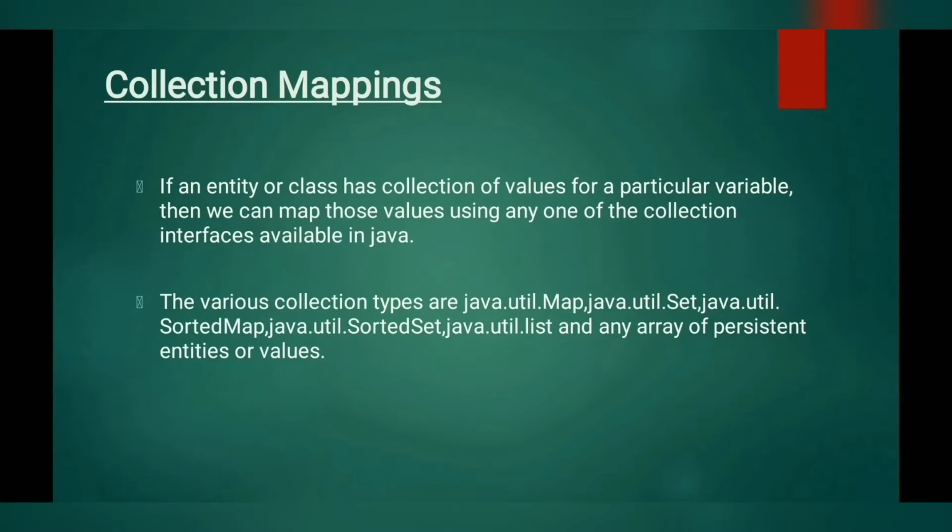If an entity or a class has a collection of values for a particular variable, the collection of values can be stored in the form of an array or a list or even a sorted array. Now let me give you an example. Take the entity name as a person. A person is having two contact numbers. This is known as the collection of values. Here a particular variable is contact numbers. Entity is your person. Collection of values is the two contact numbers.